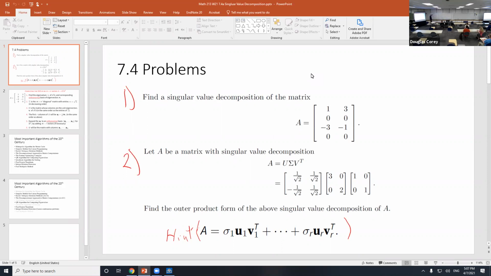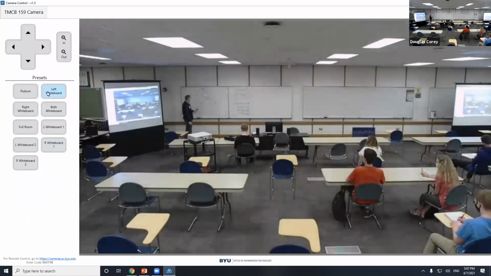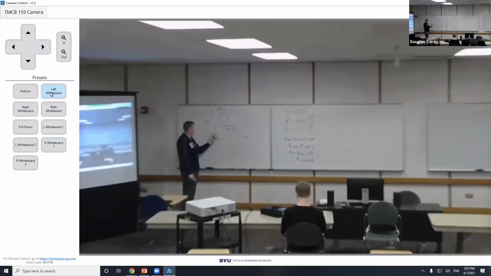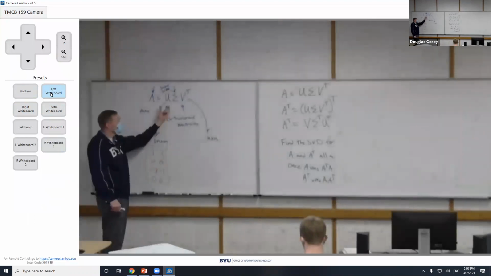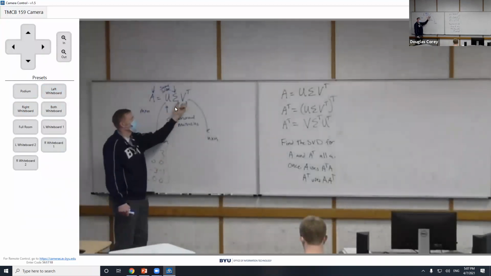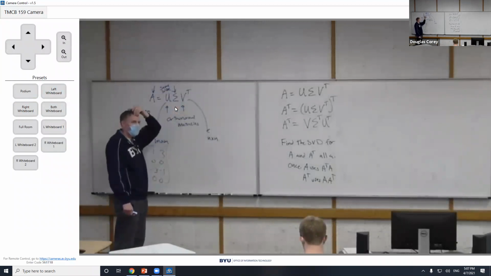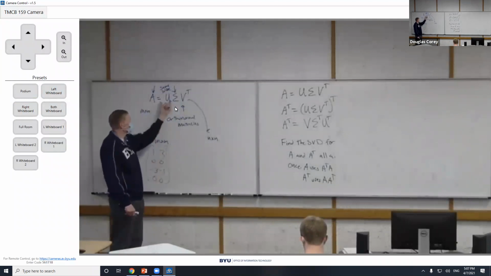So the singular value decomposition, we're going to write it in three matrices. The sigma is exactly the same size as A. And U and V, or V transpose, they're square matrices. And if A is an M by N matrix, then U will be M by M. In our case, we have a 4 by 2. U is going to be 4 by 4, and V will be 2 by 2. That's what it has to be just to get the multiplication to work out. So in our case, with this 4 by 2, we'd have a 4 by 4, a 4 by 2, a